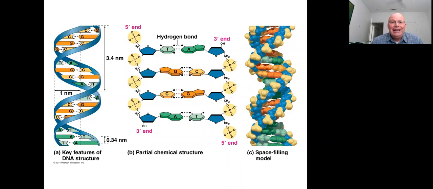There's the solution. If in fact A and T always pair up, then you would expect the percentage of A to match the percentage of T. And if C and G always pair up, then you would expect the percentage of C to match the percentage of G. So that must be what the nature of the cross-links are. But then there was still a problem, because they couldn't see how C and G and A and T could necessarily pair up. It puzzled them. And they were discussing this with one of the organic chemists that had a lab down the hallway from theirs